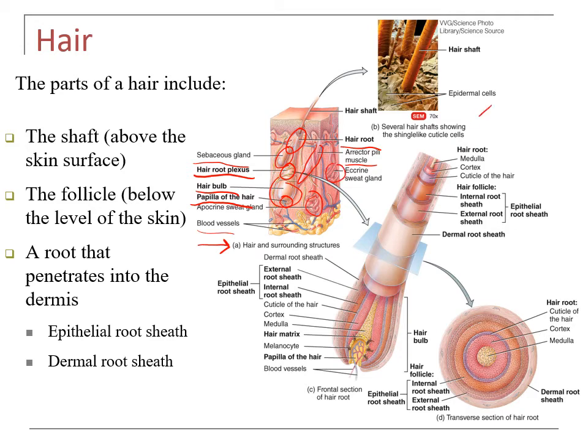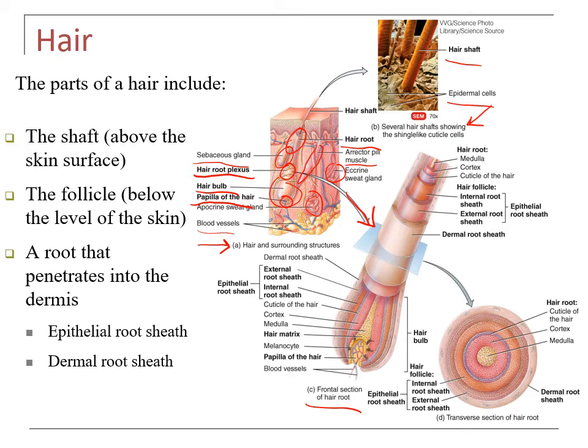Here in this figure, under a scanning electron microscope 70 times magnified, we have several hair shafts showing the shingle-like cuticle cells. So here, if this is the epidermal cells, those are going to be the hair shaft, okay? So from the first figure, if we take a frontal section of the hair root and magnify it, we can see a frontal section of the hair root, and then if we look at it closely,